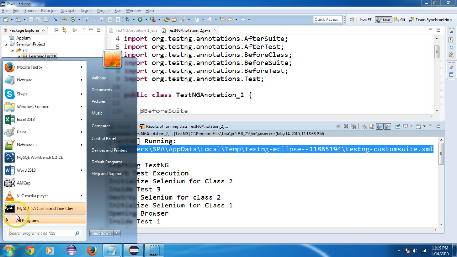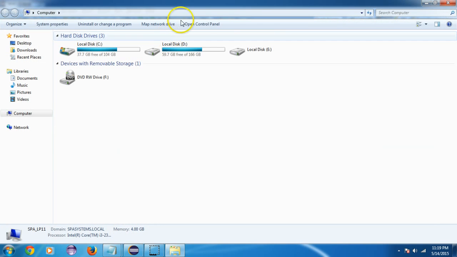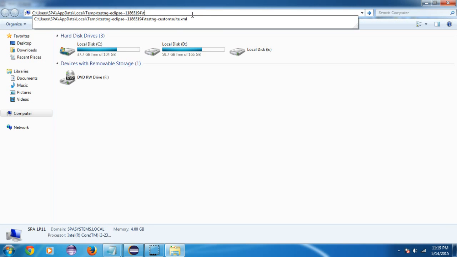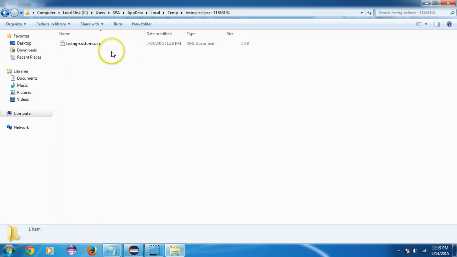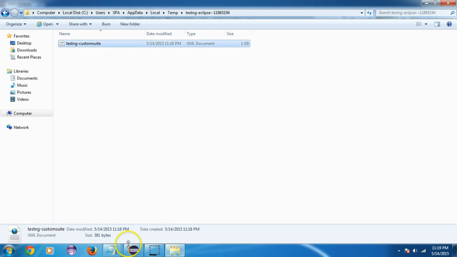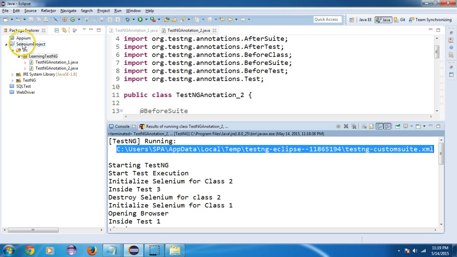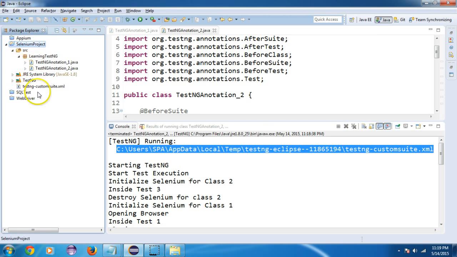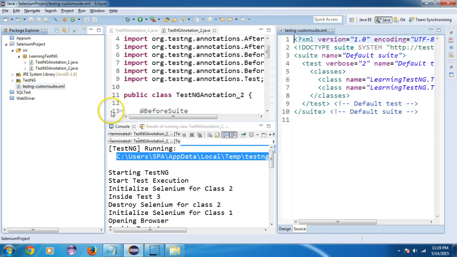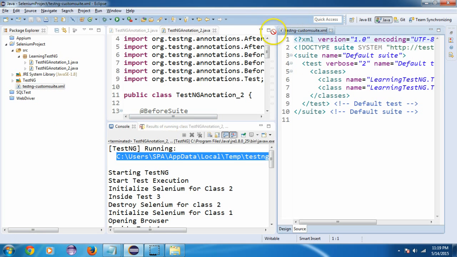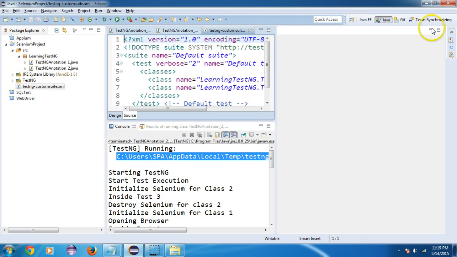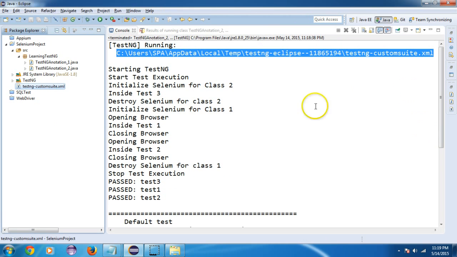Let's go and see what this XML has. Copy this, put it under your project. If I open this in Eclipse,